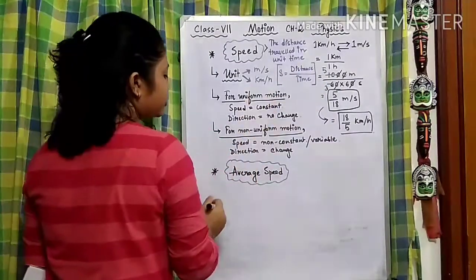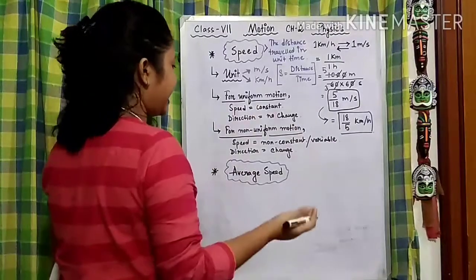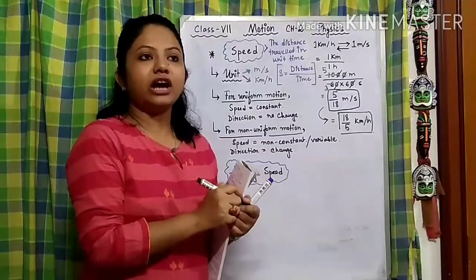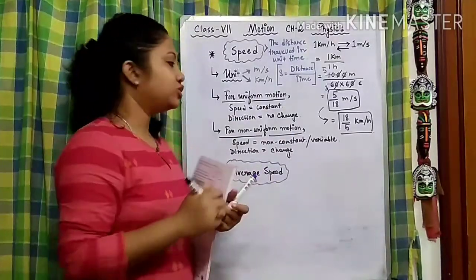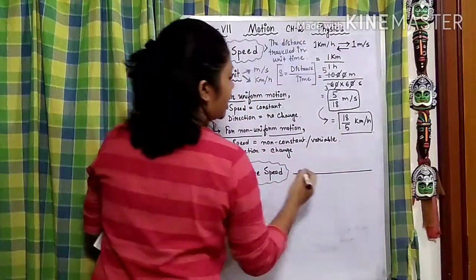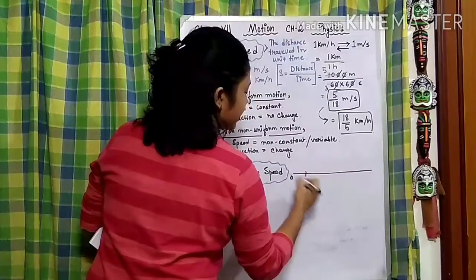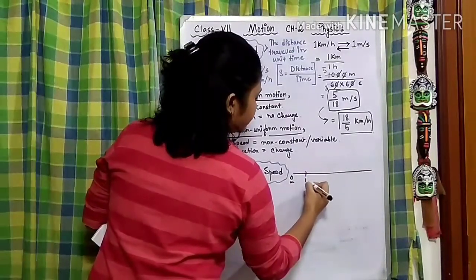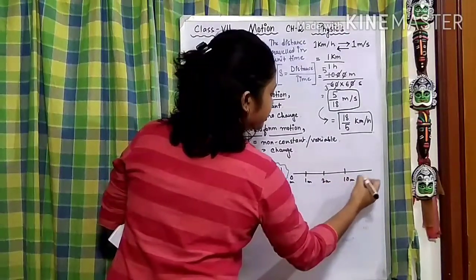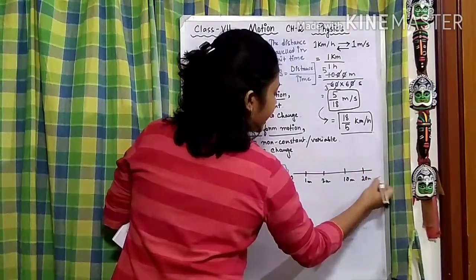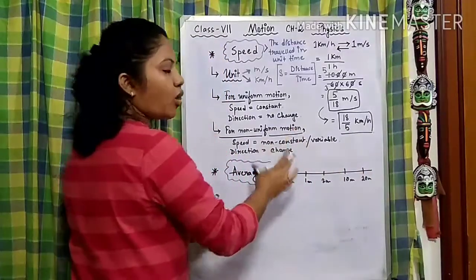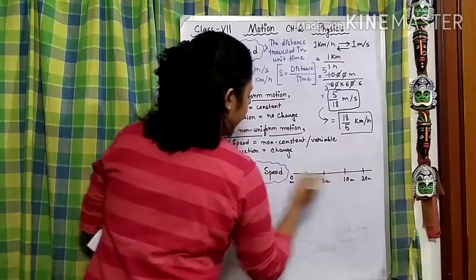Now after that, coming to the average speed. Now how can we define average speed? Whenever we are talking about any value that is average, we are talking about more than one value, right? So if our body is moving on a long road, starting from 0 meter, then say 10 meter, 20, and on and on. Okay, so how are we going to take it? We are going to take all of the distance it has traveled.